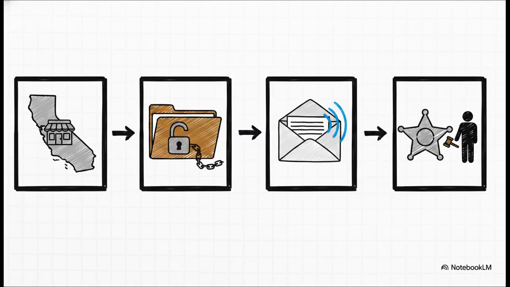Let's test that framework on California SB 1386, which was the first major security breach notification law. Who's covered? Any entity doing business in California with computerized data. What's covered? Unencrypted personal info of California residents. What's required? The expedient disclosure of any security breach. And who enforces it? This is the big one. Both the California Attorney General and individuals through a private right of action.